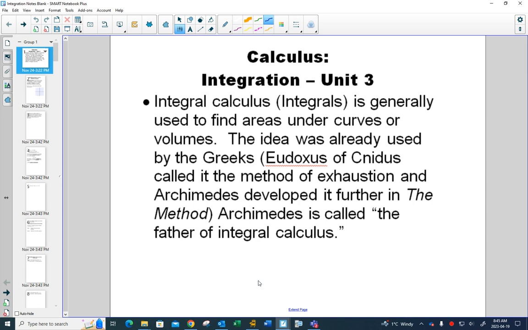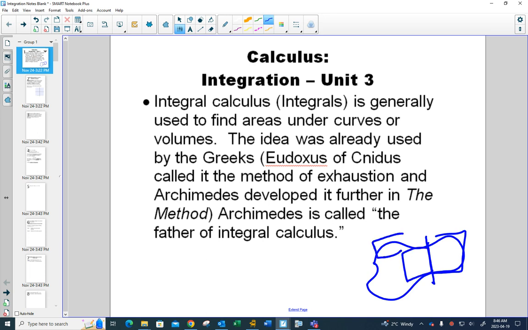Like we have formulas for area of a circle, rectangles, polygons, but let's say you had some sort of weird shape and you were like, I need to find the area of this. First of all, do we know what this shape is called? No, because it has no name. Is there a formula for it? No. But Archimedes' method of exhaustion was, well, if